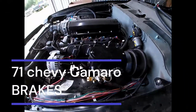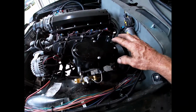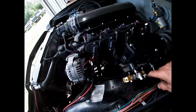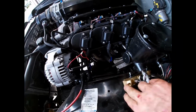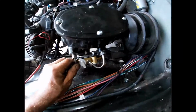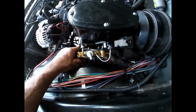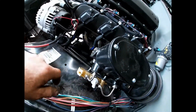Today I'm going to be working on brake lines. I've got my master cylinder mounted to the brake booster, and it has this little bracket that holds the brake proportioner, and we've got all of the fittings coming out for front and rear brakes, and it came with these small tubes. I've just got them here loosely so everything lines up, and I'm gonna start bending the lines to